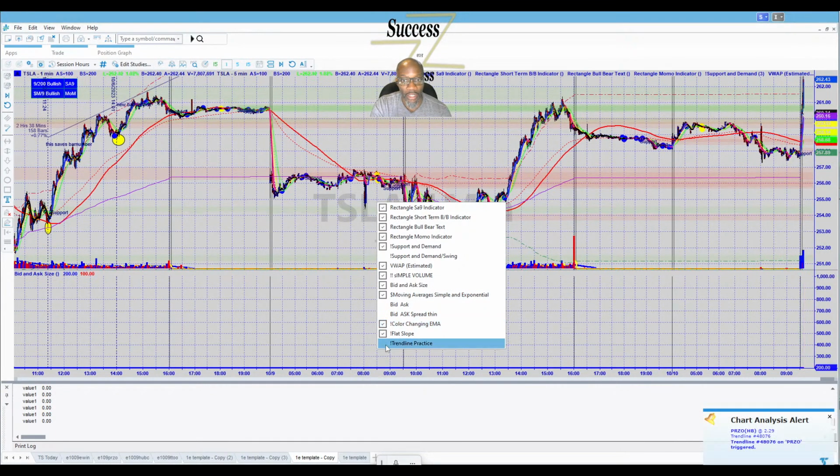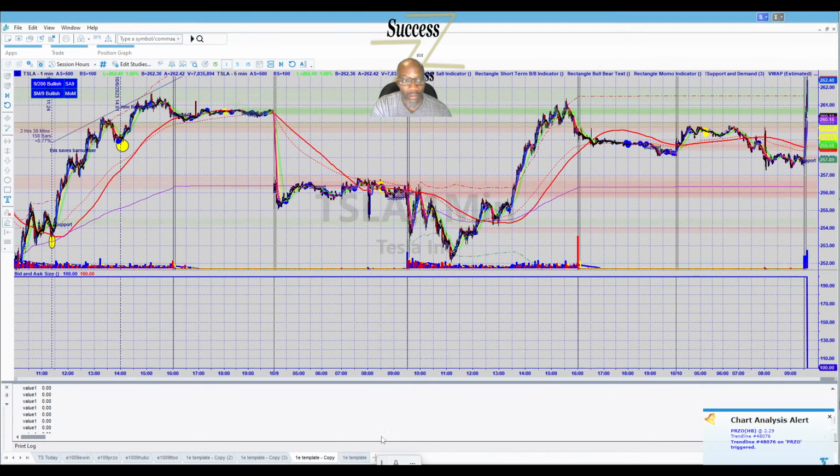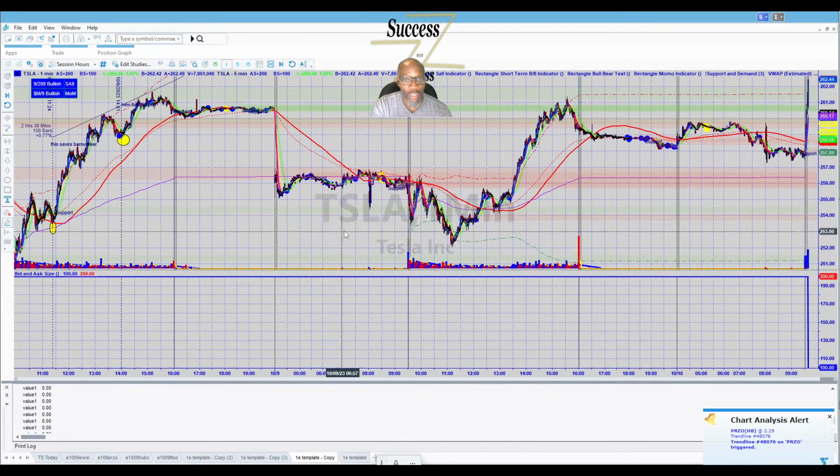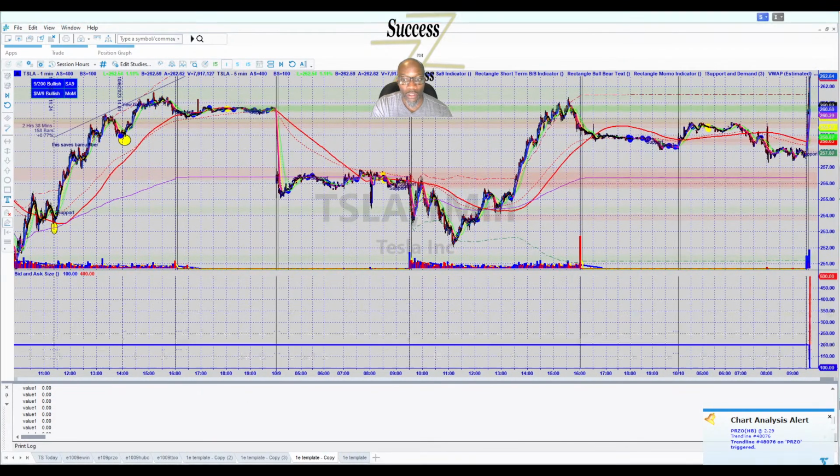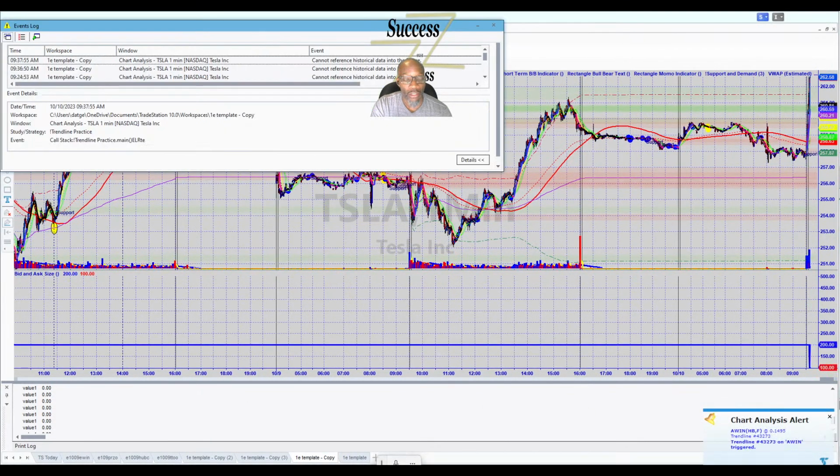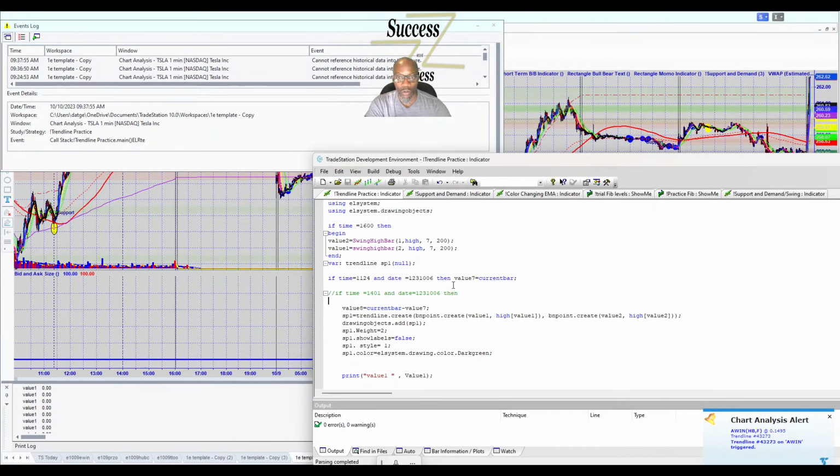Did it kick it out again? Yes, it kicked it out again. Cannot reference bars into the future. So it kicked it out again. Alright, so what's happening is when it says it can't reference bars to the future, so